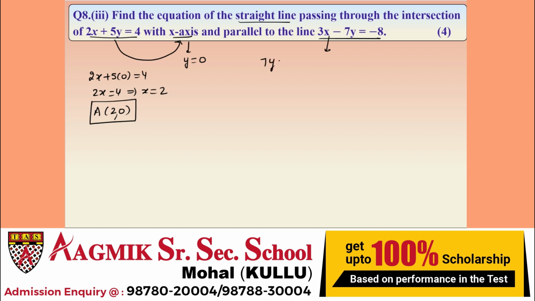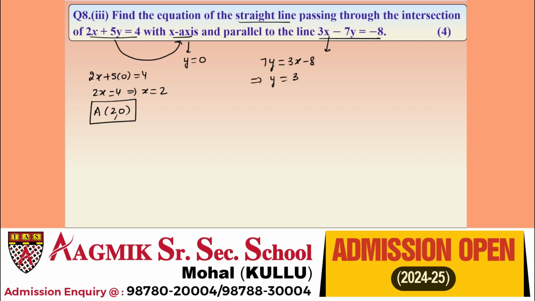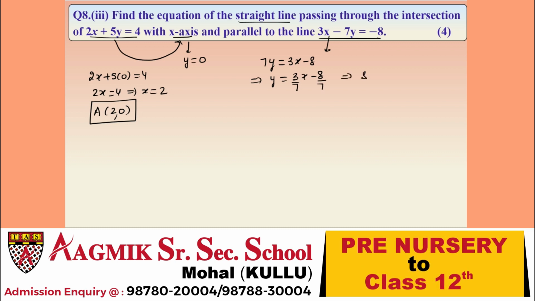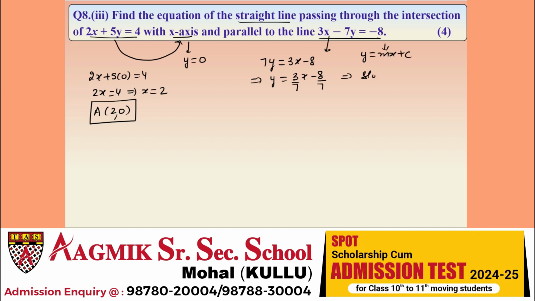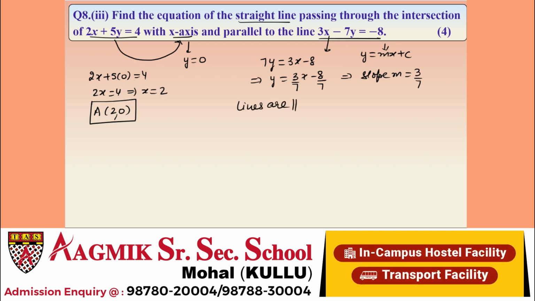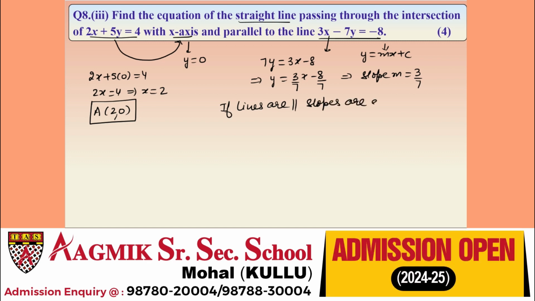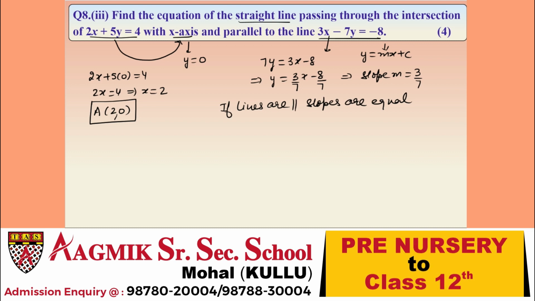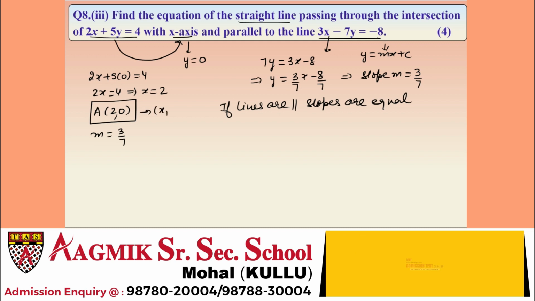अब आपको कहा है लाइन इज पैरेलल टू दिस, तो इस लाइन की हम slope निकालते हैं। So we have 7y is equal to 3x minus 8, that means y is equal to 3 by 7 x minus 8 by 7. So यहां से it is in the form y equal to mx plus c, so m is the slope of line, so यहाँ से हमें slope मिल गई 3 by 7। We know that if lines are parallel, slopes are equal, isn't it? तो जो required line है वो क्योंकि इसके parallel है तो उसकी भी slope हमारी क्या हो जाएगी 3 by 7।